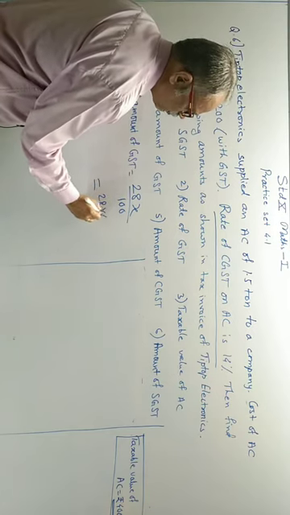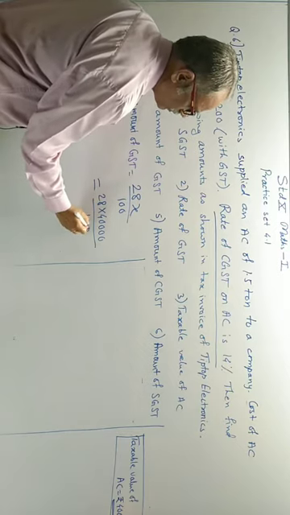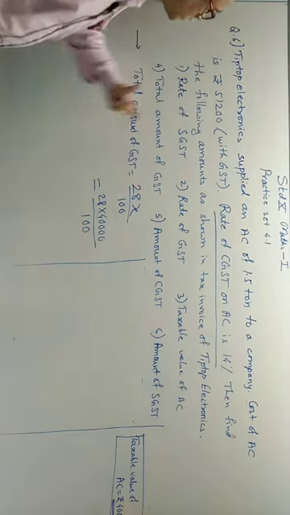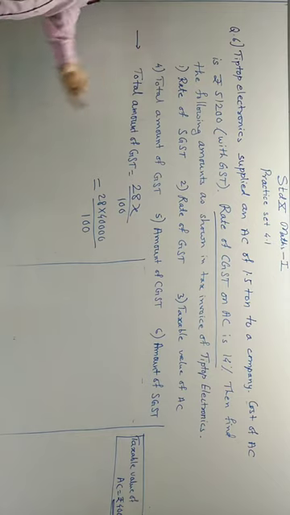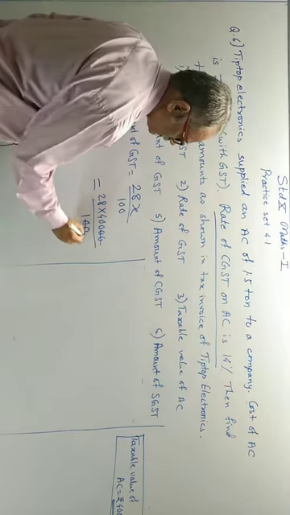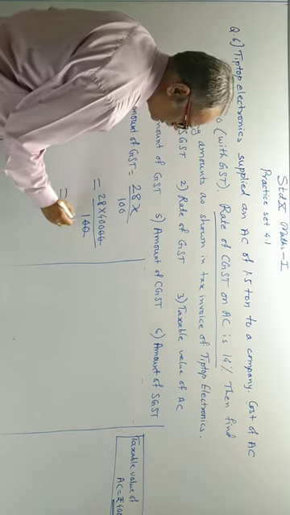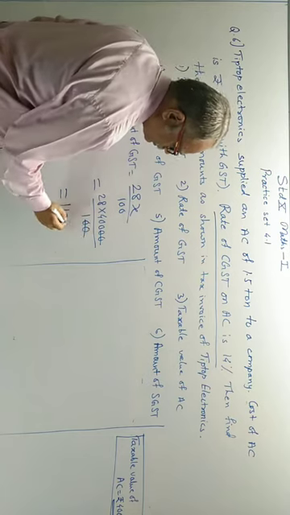28 into 40,000 means actual AC is of 40,000, but he has to pay this much because all other are GST. That only we will get after calculation. 28 4 112 and 200.